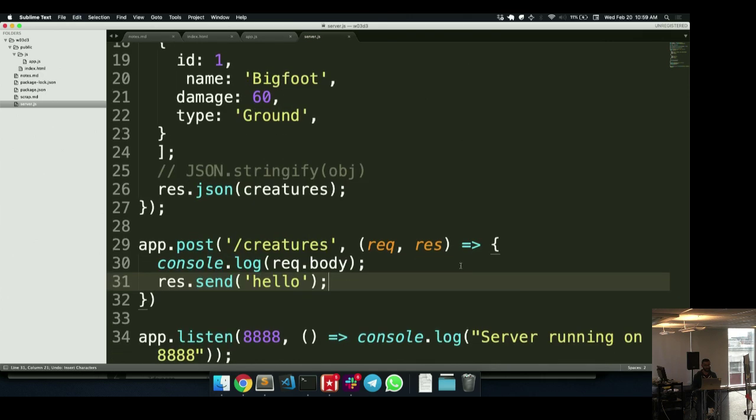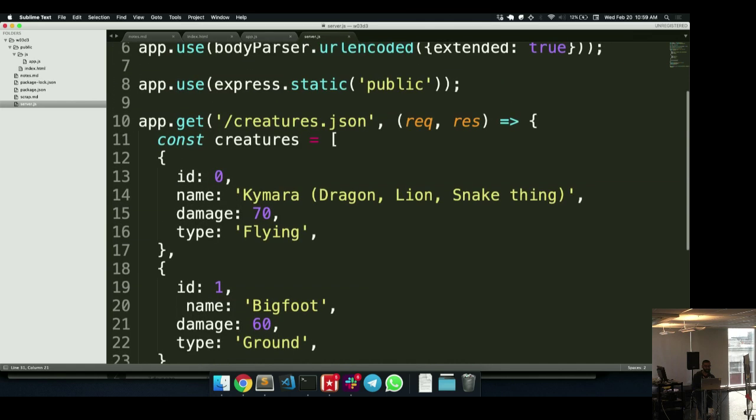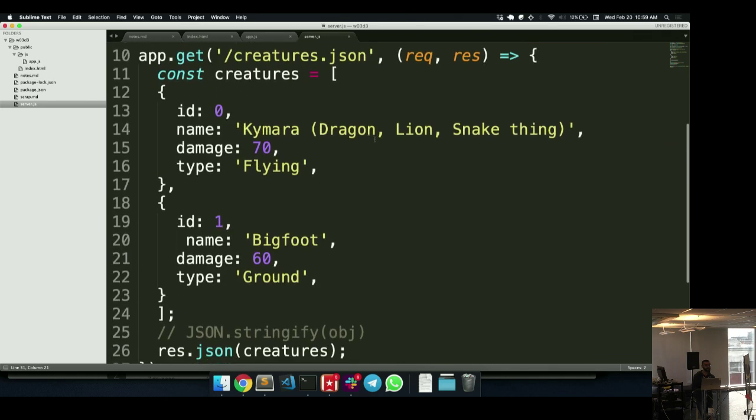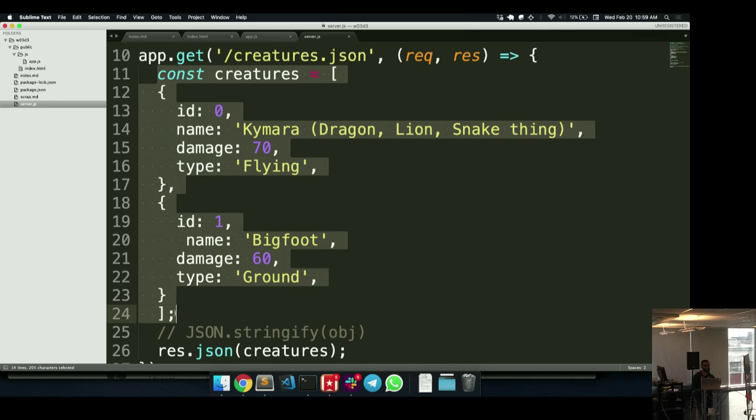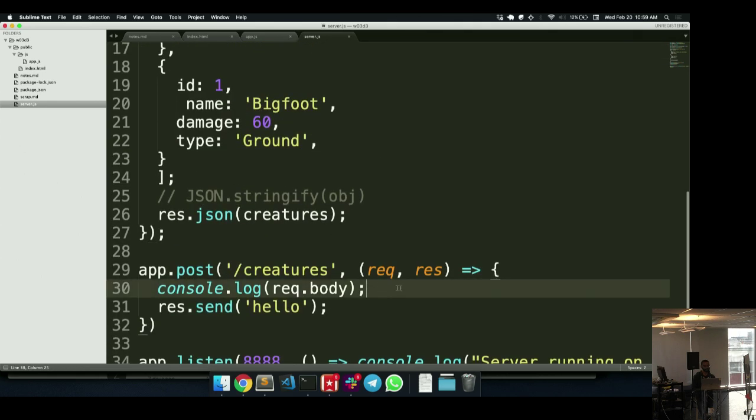With that working, we really need to actually append to the creatures. Yes, I'm hard coding name KV, but whatever, we'll still append that up. It doesn't matter too much for our test purposes, and then we can make it more accurate. So how would we append it? Well, we kind of did something a little bit wrong here, where we had the creatures defined inside of this callback function. So if we try to append to creatures,